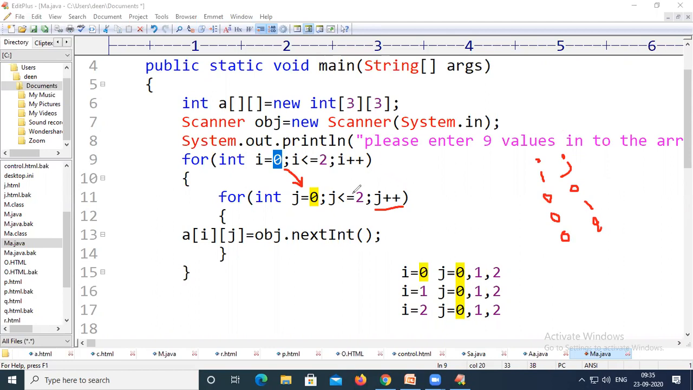And when we check the condition 3 less than or equal to 2, the condition is false. So whenever the condition is false, it will increment the value of I. So I value will become 1. And again, if the I value is incremented, it will start executing from here. If it starts executing from here, again j is initialized with 0. Now again j will become 0,